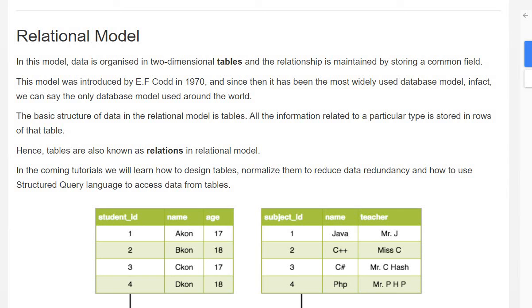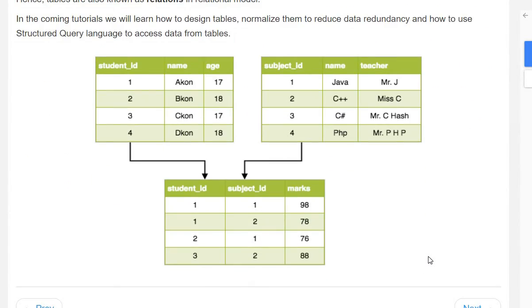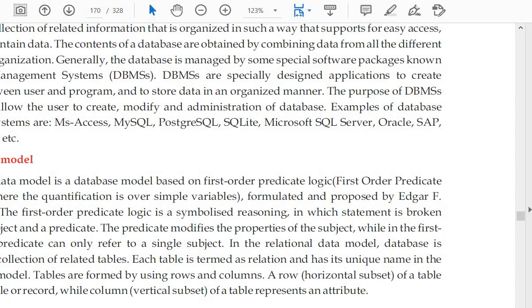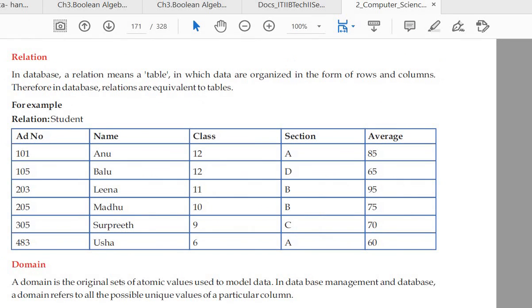And the view of this tabular form is very easy, so we use this database. Now next, the main important things in a relational database. As I told you, in the relational database model, a table is known as a relation. When you talk about the relational model, you will not say I am storing my data in a table. You will say that I have a relation of a student.